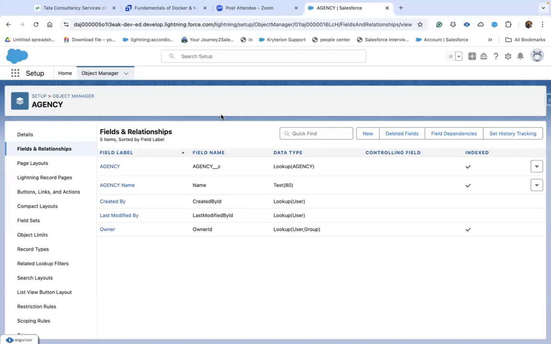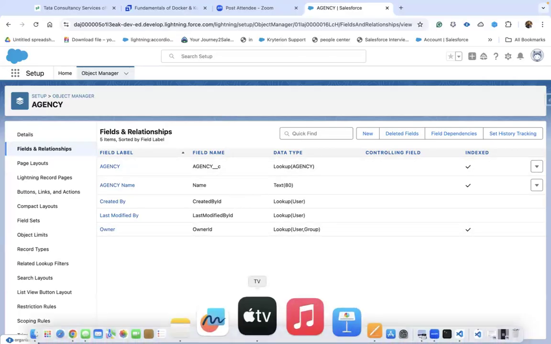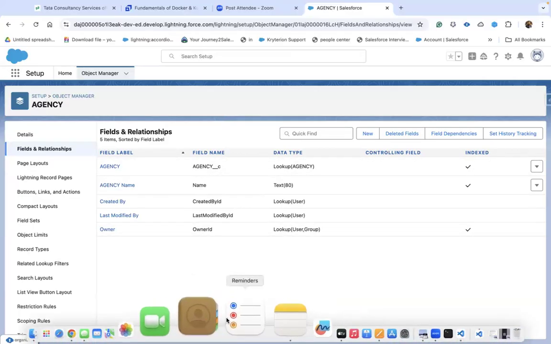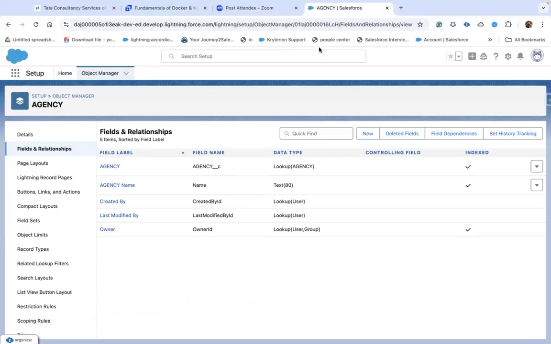And there is one more important concept, which you might not be able to understand as of now. That is sharing visibility, guys. Sharing visibility is something like whenever,